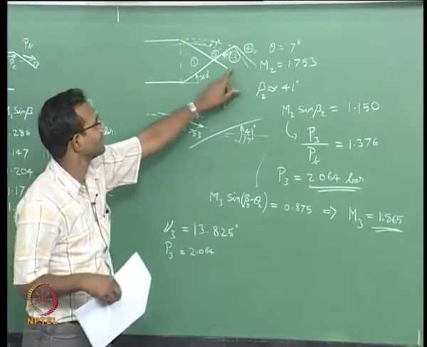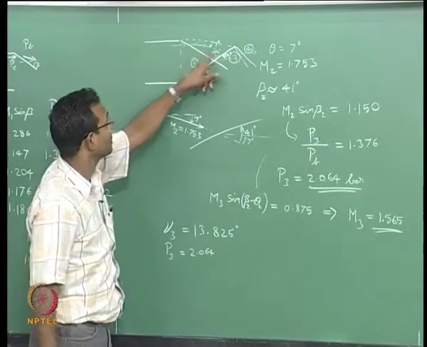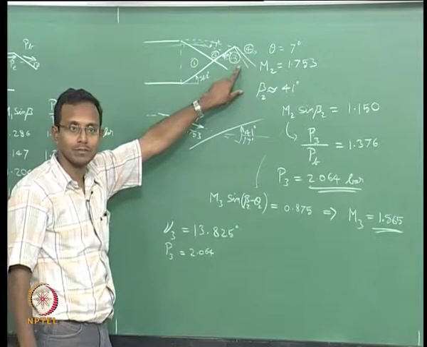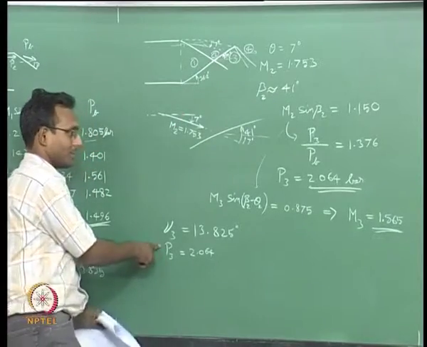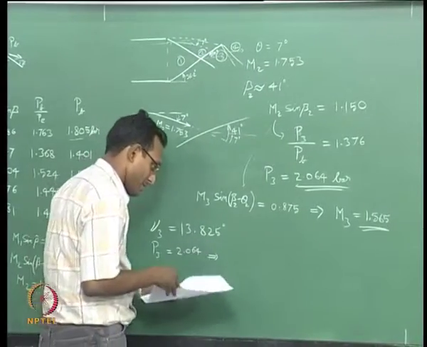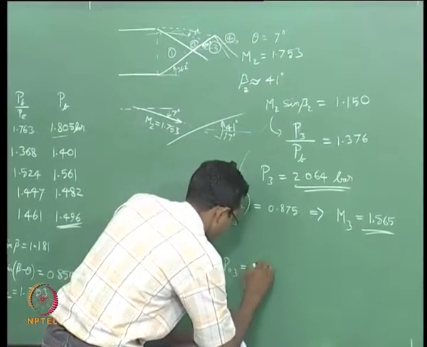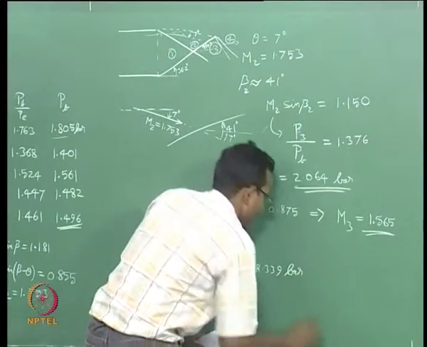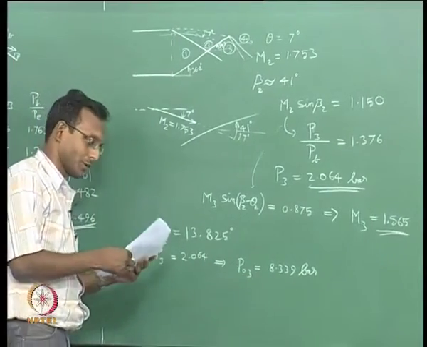I have to say that that region is isentropic. If I have to say that region is isentropic, but I have gone through two shocks in the middle, it cannot be the same P naught as before. I have to find the local P naught. How will I find local P naught? I know the pressure and I know the Mach number. Okay. So, I have this pressure and I know the Mach number M3 there. From this, I will get my P naught 3 as 8.339 bar. Now, you can see from 80 bar it came down to 8.339 bar finally. Okay, that is what you are having at the end.